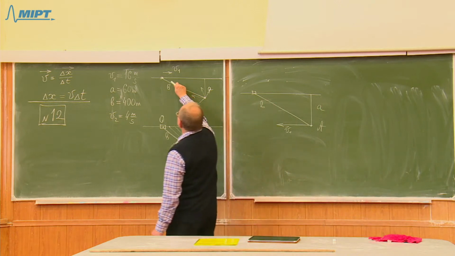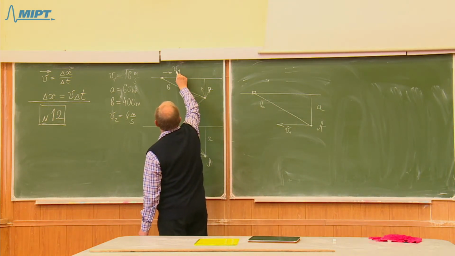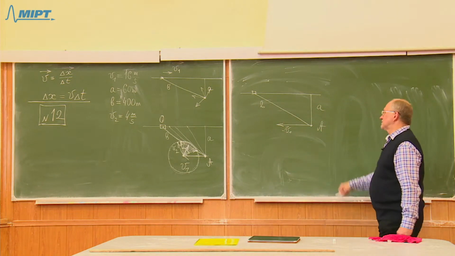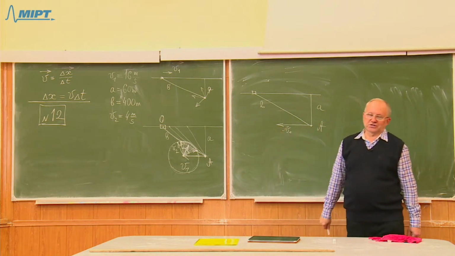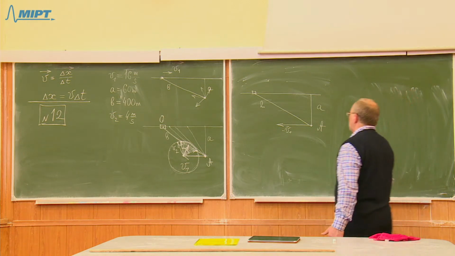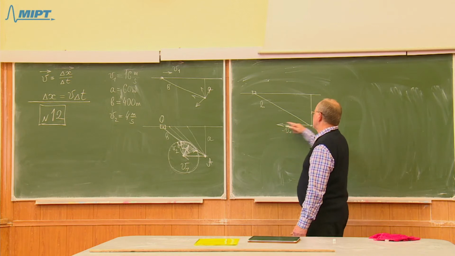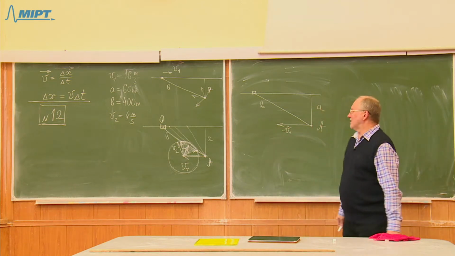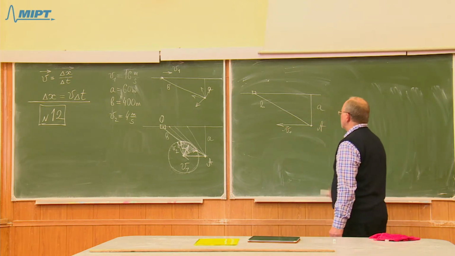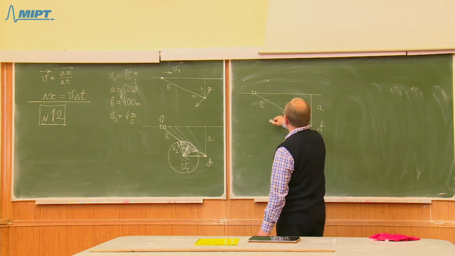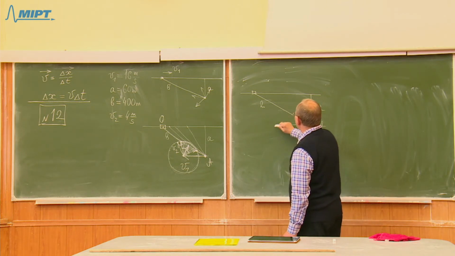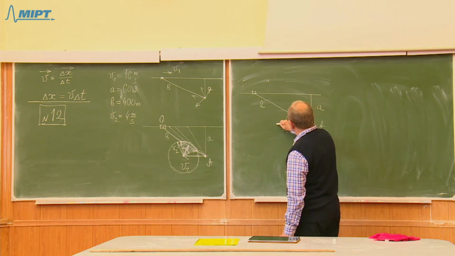So if the bus velocity is vector V1, then this is actually minus V1, because this velocity has opposite direction. But we don't need it. The minus only shows the direction, which is clear anyway. So we will need only the magnitude of this vector in our calculations. And now we see that in order to catch the bus running at a minimum possible velocity, the man should